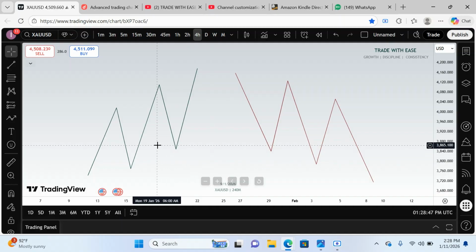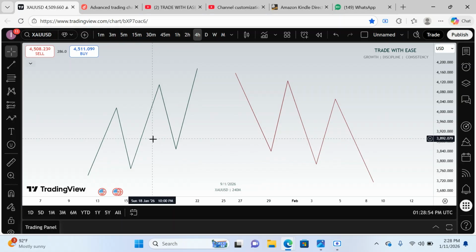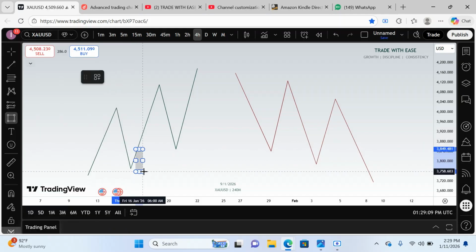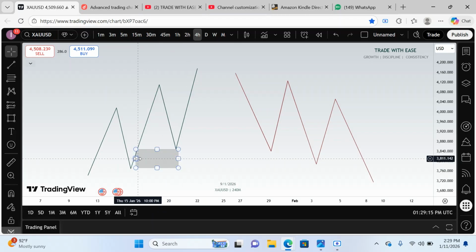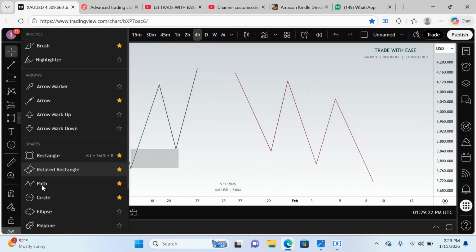Now, if you open your chart and you have a structure like this, what you want to do is to look for your key levels. I've explained this before, but I'm just trying to brush up. Look for a key level where price is meant to react from, something like this. Where price is meant to react from, and then where are your key levels in a buy structure? Your key levels can be located